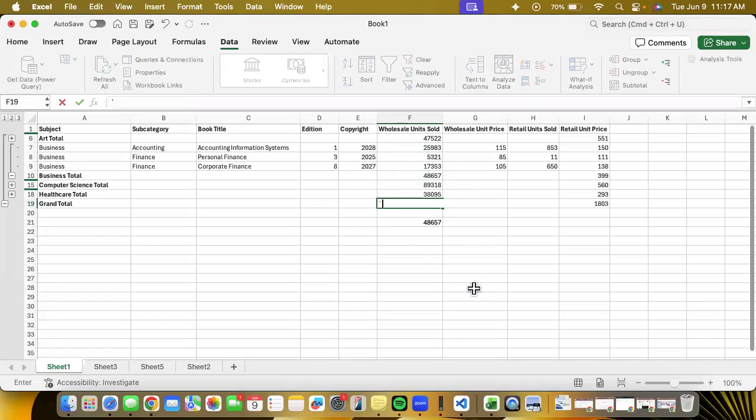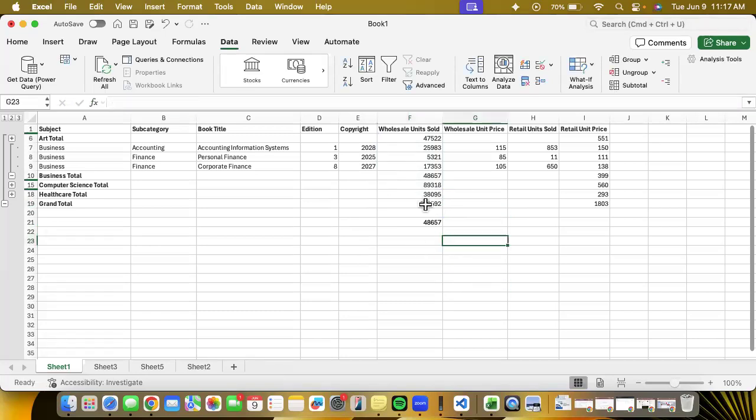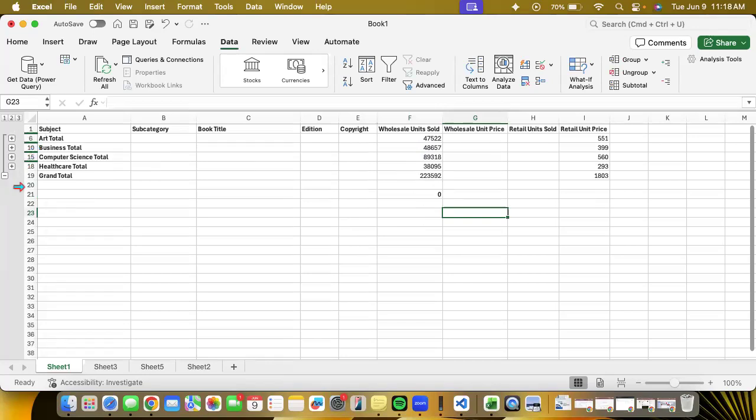This one kept with the original 223,592, even when I hid all of these guys. But anytime that I hid them, this guy over here would grow and shrink dynamically. So it's important to think about, do I want my data changing dynamically or do I want it to stay